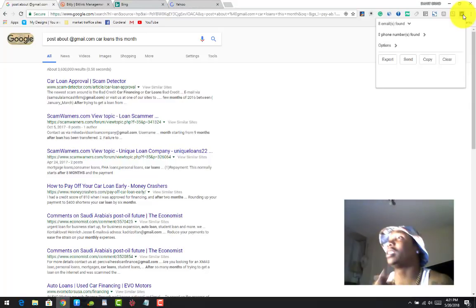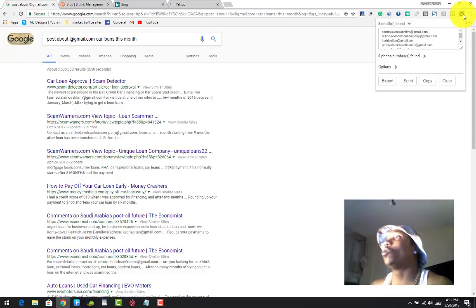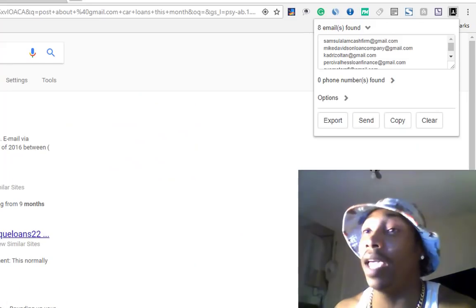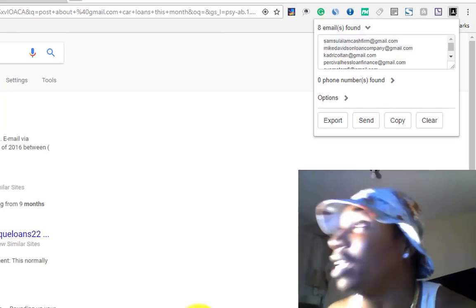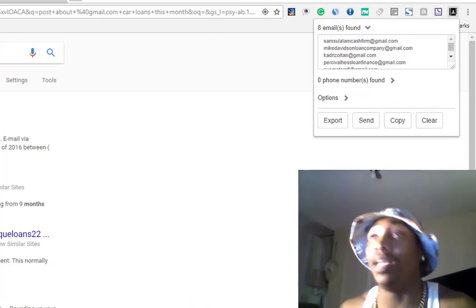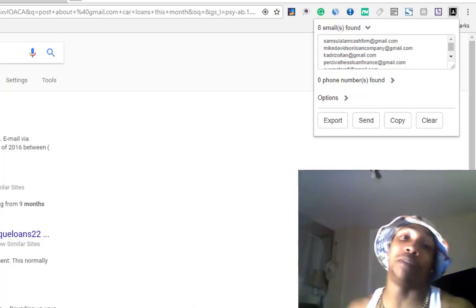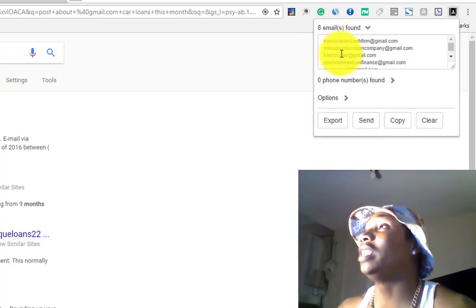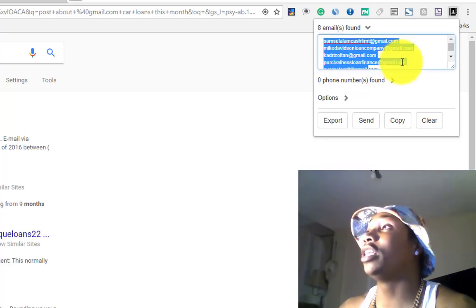And once you click this email exporter button, it is going to generate anybody that has come in contact with these pages right here and has left an email. Sometimes it'll be 8, sometimes it'll be 1, sometimes it can be 15, it doesn't matter. But it's going to leave you these emails right here, and all you're going to do is come